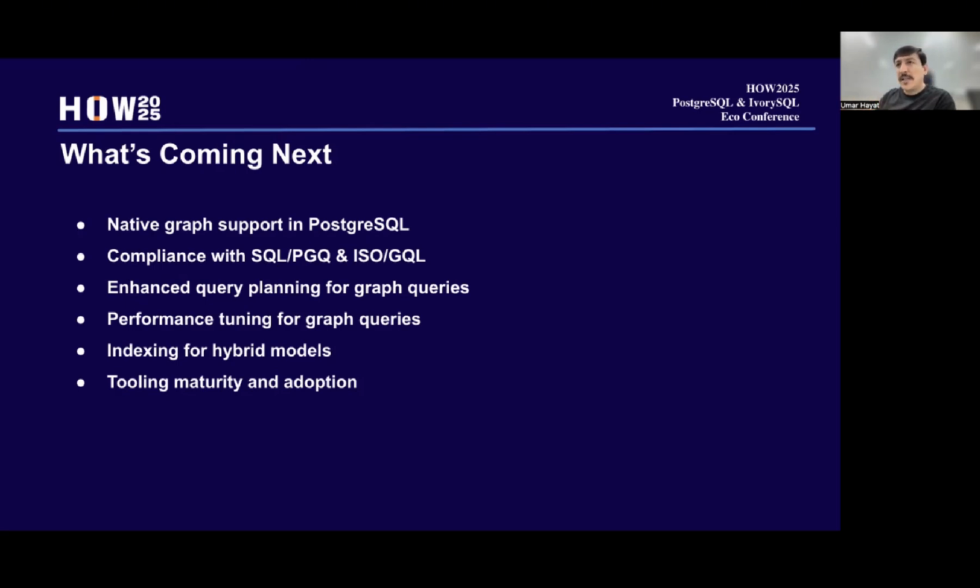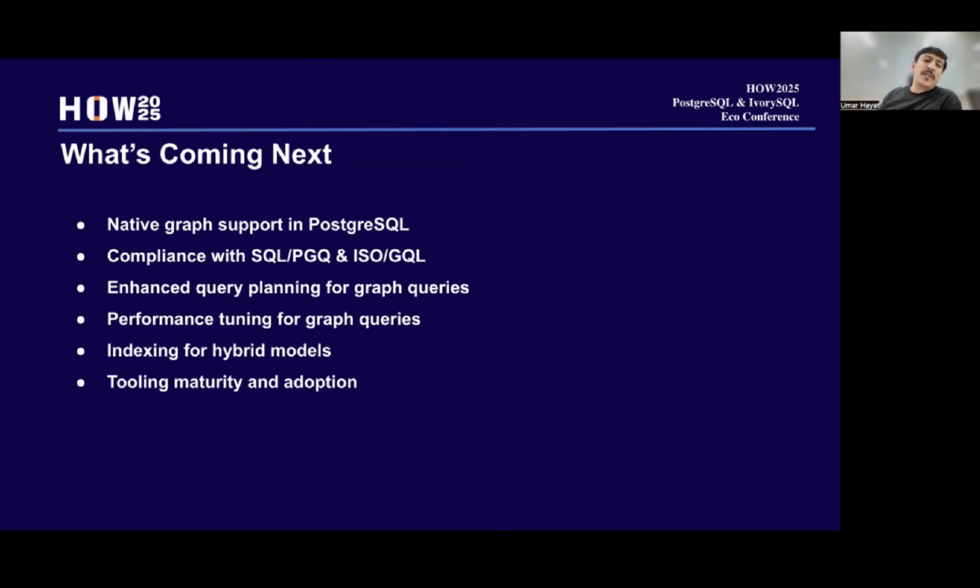The patches were submitted last year, and the community is fine-tuning them. Right now PostgreSQL 18 beta 1 is already out, so it's not possible to release SQL/PGQ support in PG 18. But hopefully in the next version, PG 19, the graph support will be there in native PostgreSQL as well.